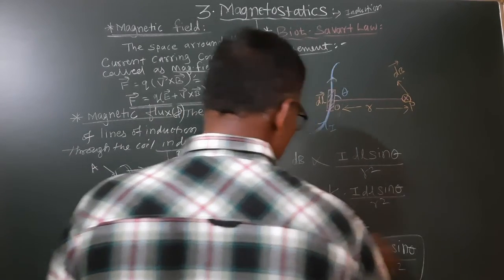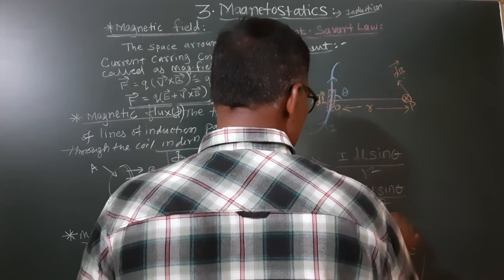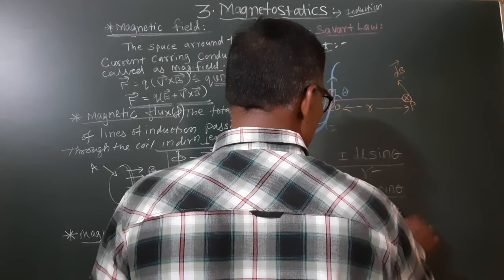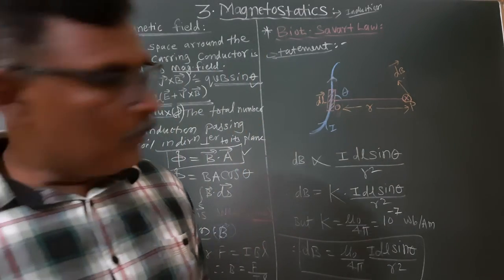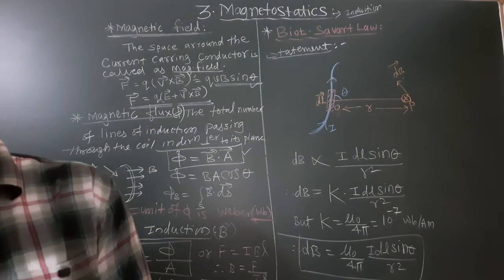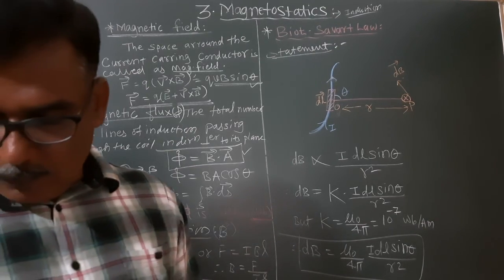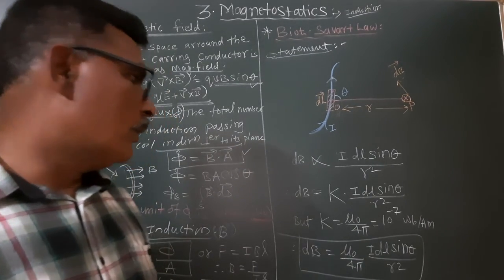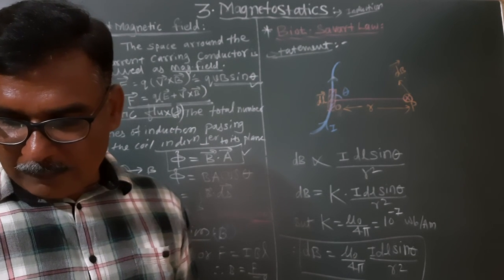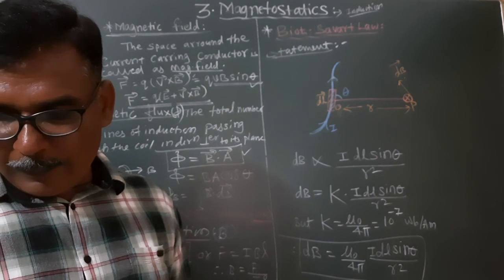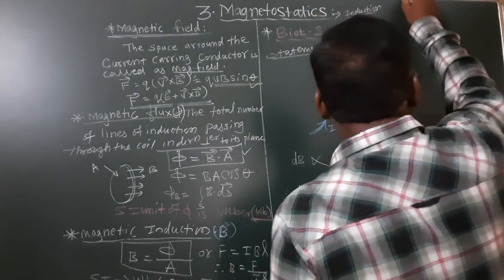This is one more formula for Biot and Savart law, and this factor mu 0 upon 4 pi has the value 10 to the power minus 7 Weber per ampere meter, or Newton per ampere square. This is the unit for permeability, and permeability is the permeability of the vacuum or free space. Sometimes we have to write the formula for Biot and Savart law